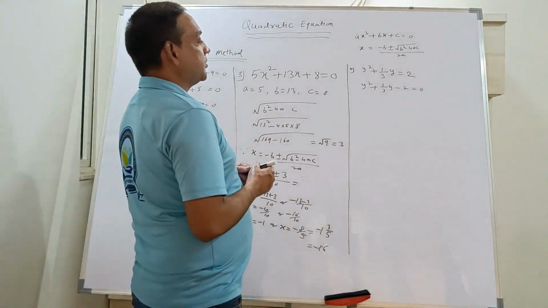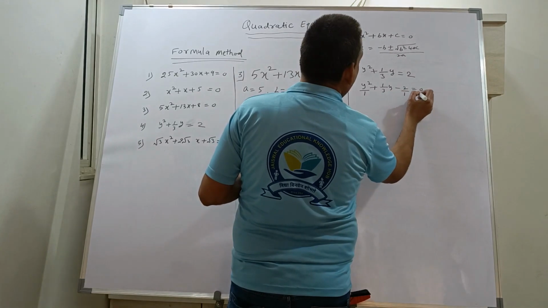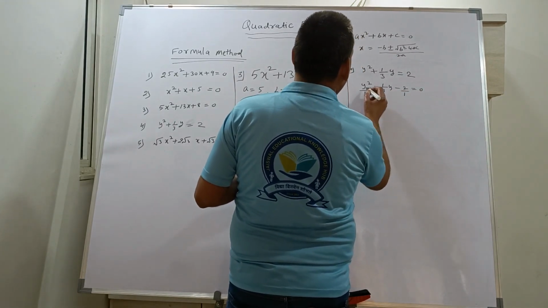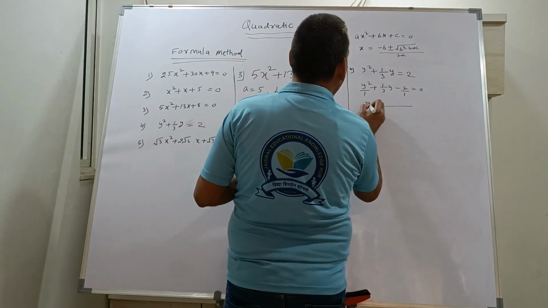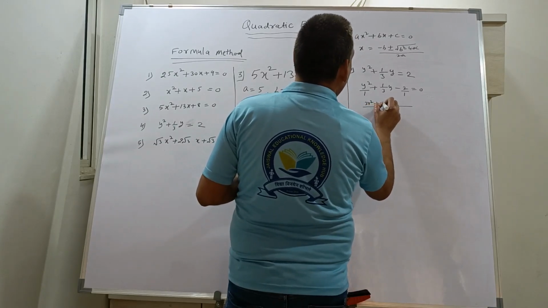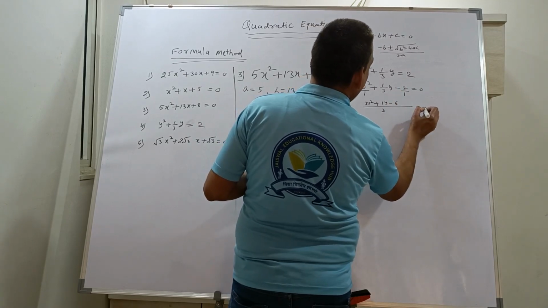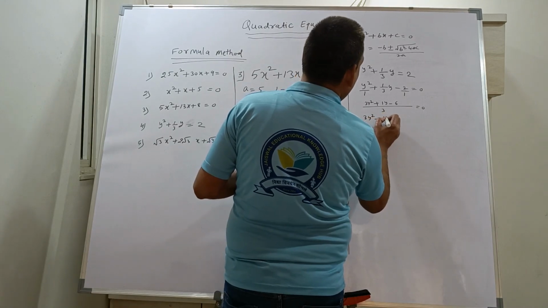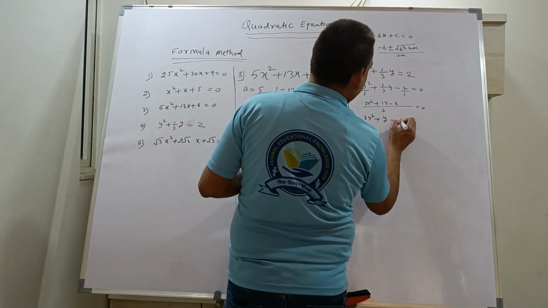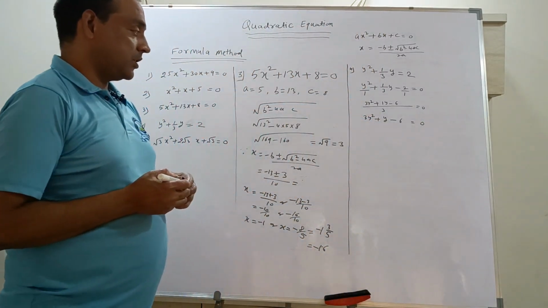So instead, what we have to do here is take the LCM of this. So it becomes 3, so the whole thing upon 3, so this becomes 3y square plus 1y minus 6 equal to 0. Then we'll cross multiply, so 3y square plus y minus 6 is equal to 0 into 3, which will be 0. So this will be more simple now.